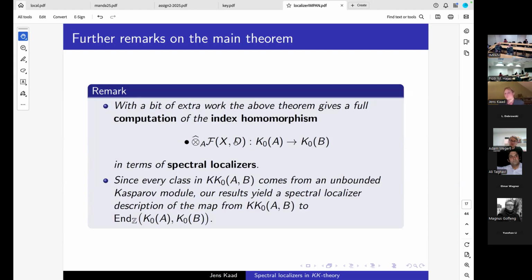Yeah, it confused my question because basically this index homomorphism is computing the Kasparov. Yeah, but I'm saying more generally, instead of having K-theory groups, to have more. Okay, not just K-theory. Okay. But more work needs to be done so that you get to there. This is what I understand. Yes. Okay.